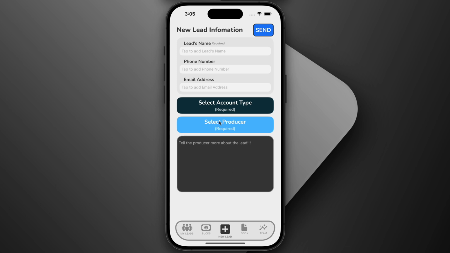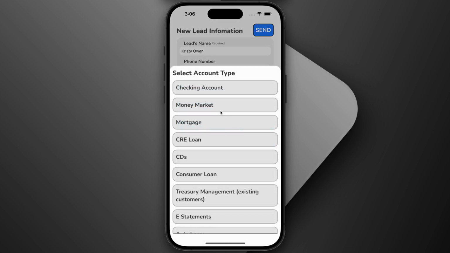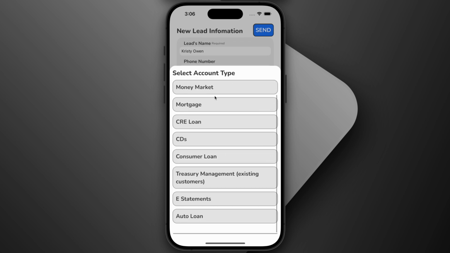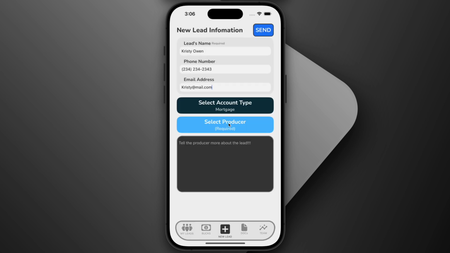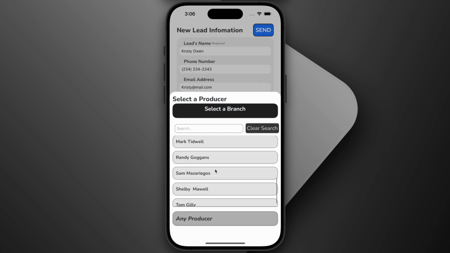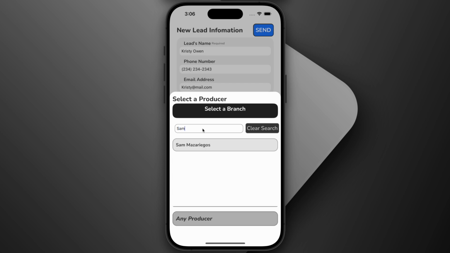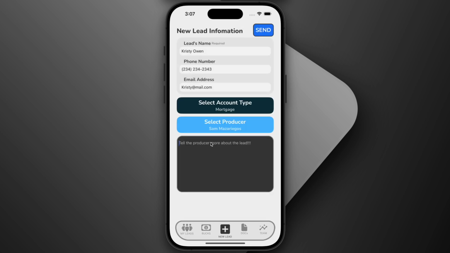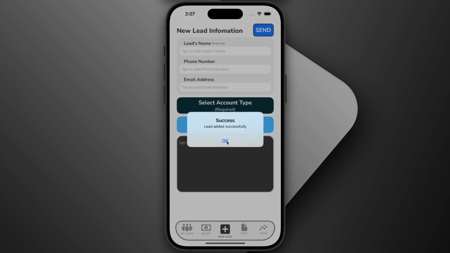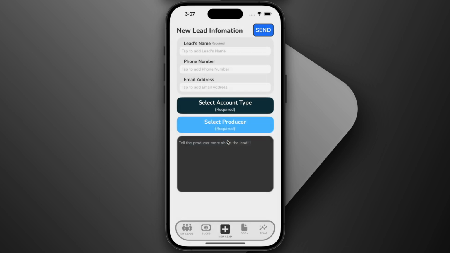The new lead tab is going to be sending in leads. The only required fields here are the lead name, the select account type, and select producer, as this is how your producer is going to contact your lead. Going in and filling out this information and then select that account type that the lead is looking for. So if Christy Owen is looking for a mortgage account, I could select mortgage account, and then the list of producers will populate. Use that search bar by simply typing in a name. To finish up the lead, you can type in whatever note you'd like, hit submit, lead is successful,